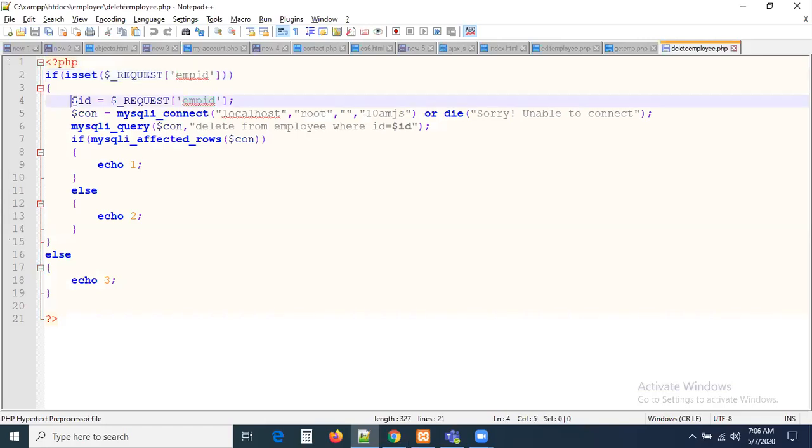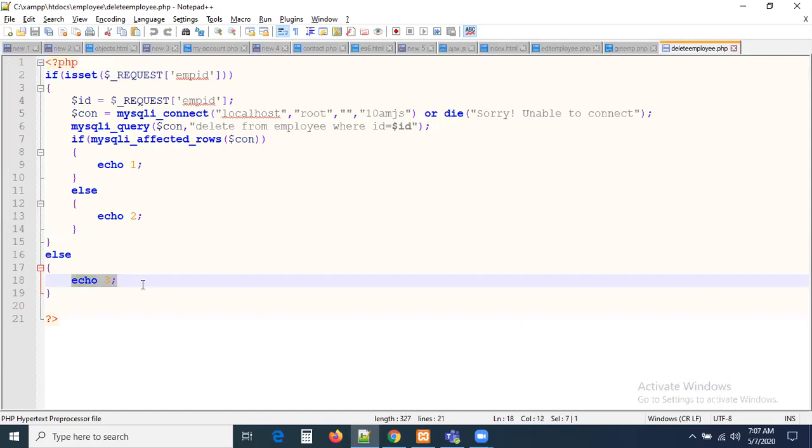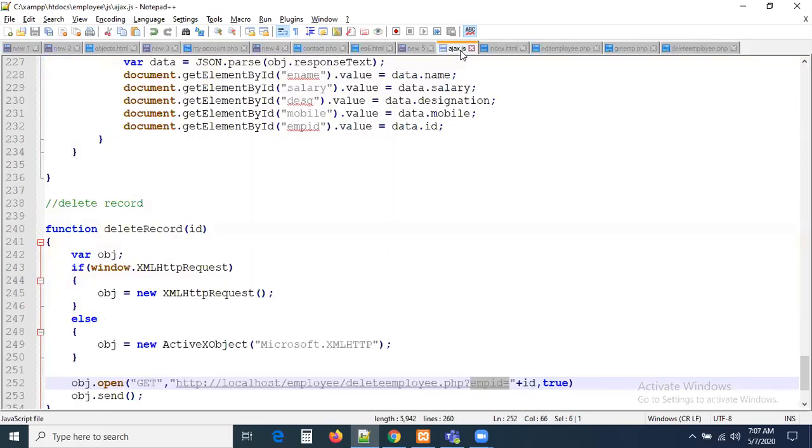And we are getting the ID from the URL. First, always remember in the server side we need to write one condition whether we are getting the requested data or not. If you are getting it, we will execute this clause. If you are not getting it, 3 means invalid request sent to server. In the same manner, echo 1 successfully deleted, echo 2 sorry unable to delete. Here we are connecting to database. Of that we are writing a delete query, delete from employee where ID equal to the requested ID by you. Right. Done guys. So now let us go to our server here.